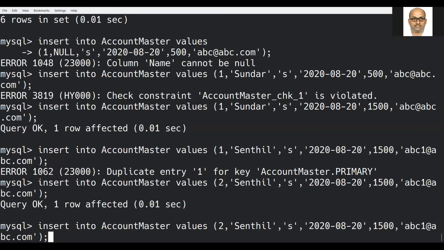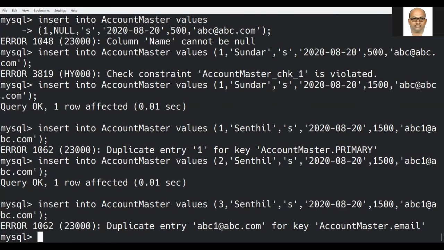Let us try to check this one by changing it, whether we are able to update it. See here, I said unique means you cannot have a similar ID. You cannot have a similar ID.